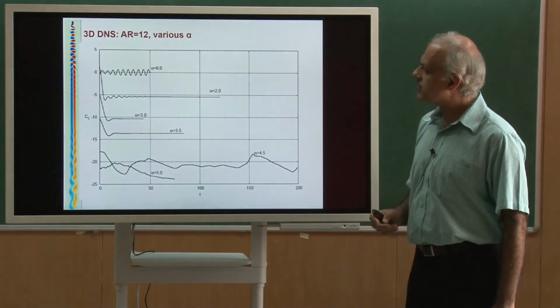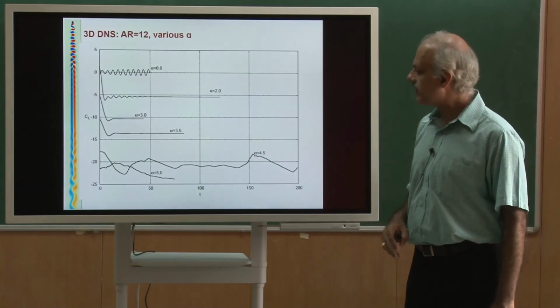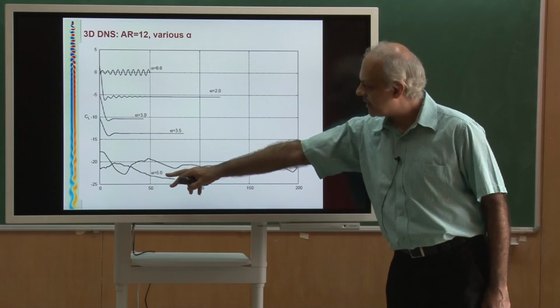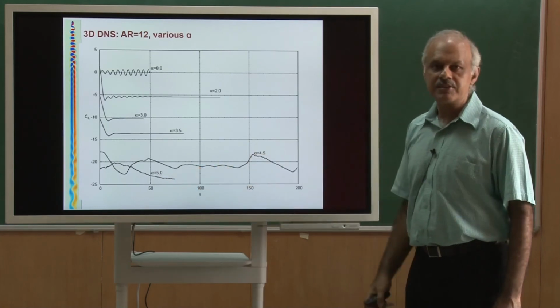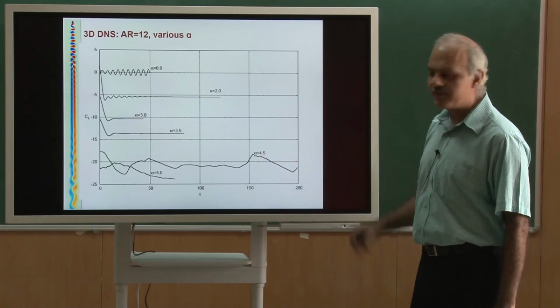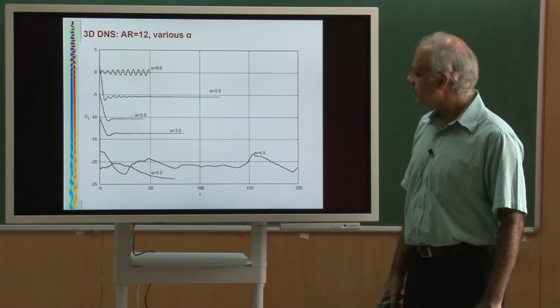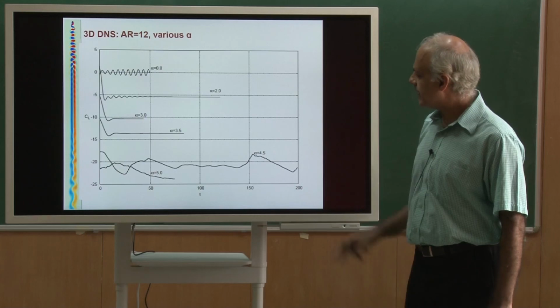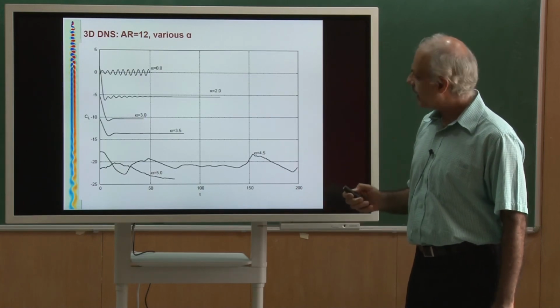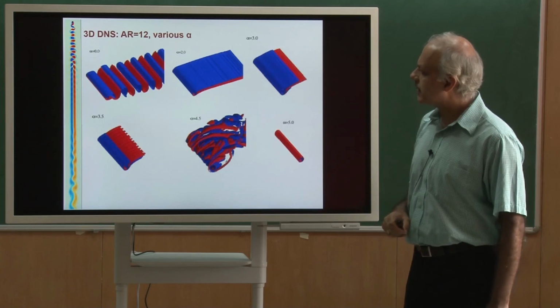So these simulations were done for various values of alpha. So especially for alpha equal to 5, we see that initially it shows some instability, but finally the flow becomes steady. At 4.5, as we had seen earlier in 2 dimensions, you get vortex shedding, that is that, and these are other alphas. So I will wrap up with a picture in 3 dimensions.